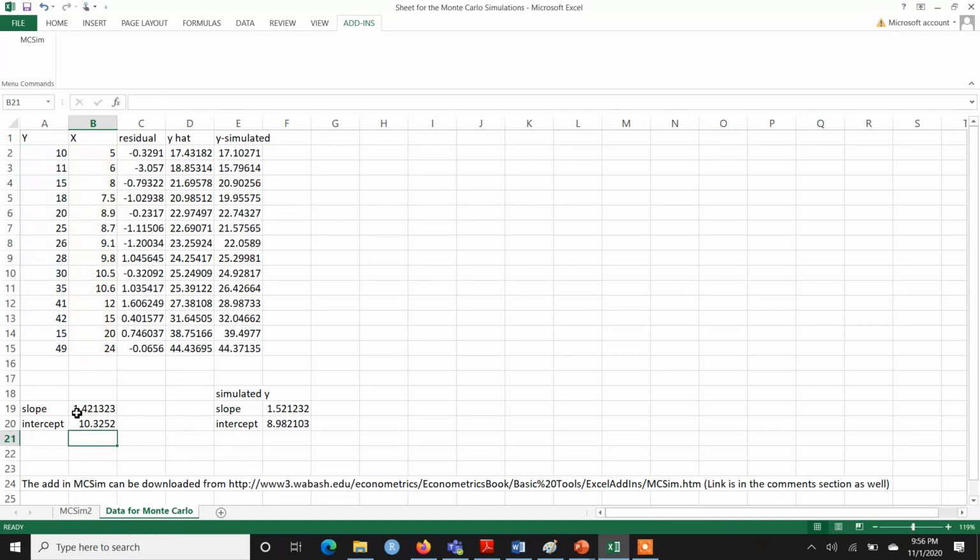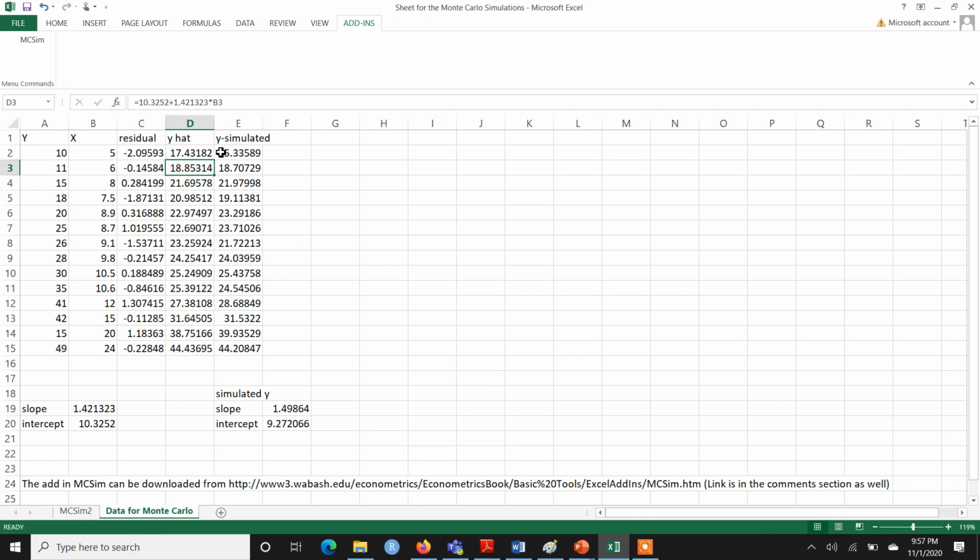So these are my slope and intercept values for the data which is originally given. Using these slope and intercept values, I can easily calculate y hat, or predicted y, which is equal to intercept plus slope times the value of x. Notice that I have picked the value of intercept from here and slope from here, as 1.4 to 1323. Then I press enter. So these are all the values of y hat.